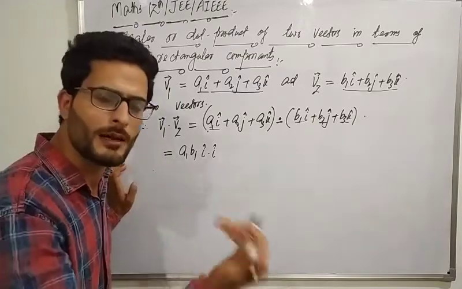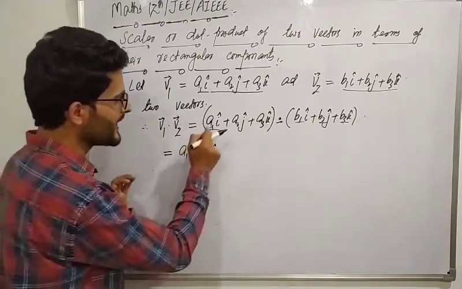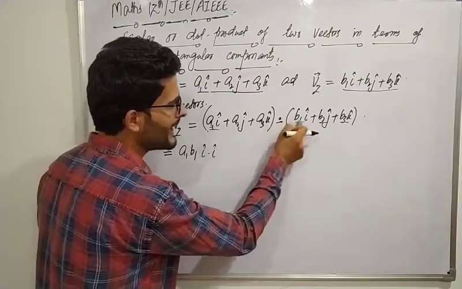Scalars would be directly multiplied with each other, so that is why a1 b1 i dot i।